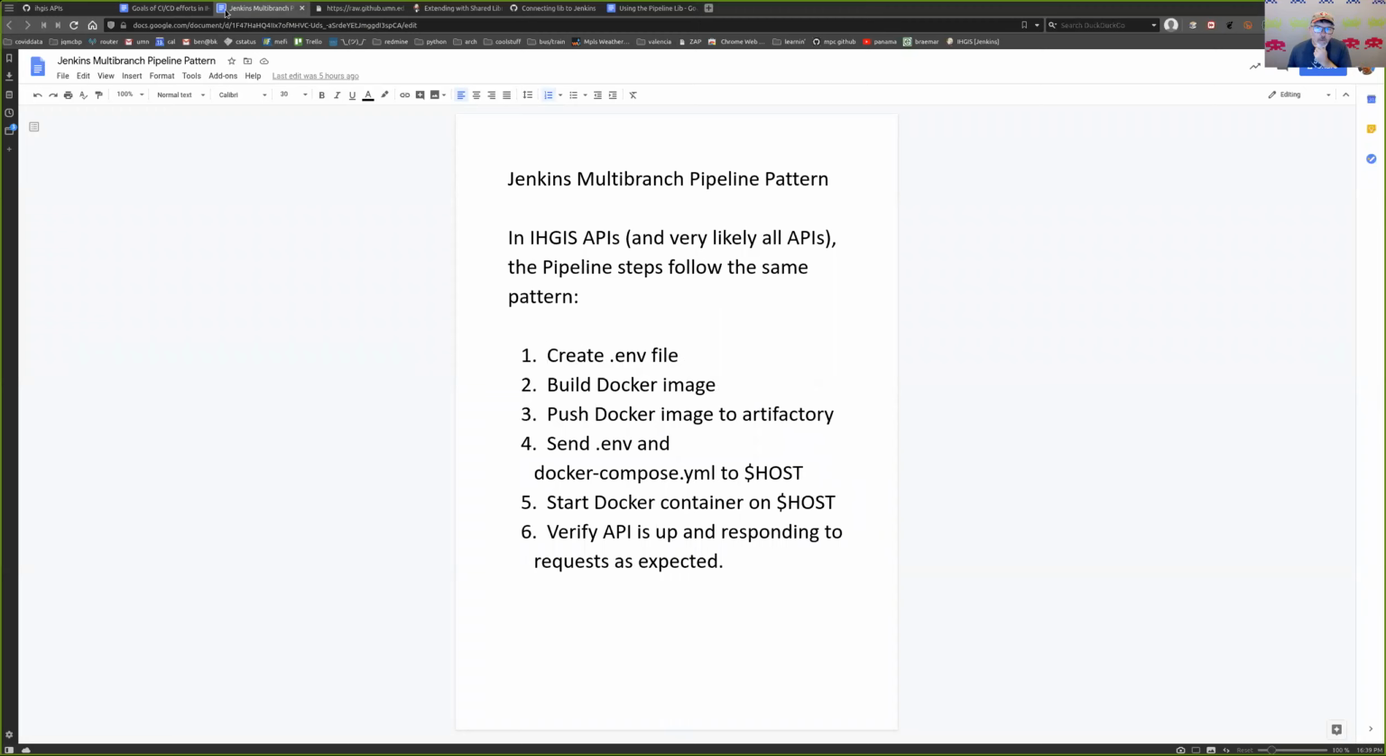So what we ended up building in Jenkins with Lee's help is this Jenkins multi-branch pipeline pattern. We did it for one API, and then we did it for the other 3, and they all follow these 6 steps. This is probably the same set of 6 steps that all API deployments are going to follow, and I'll get to why that's important in a little bit. Those 6 steps are,